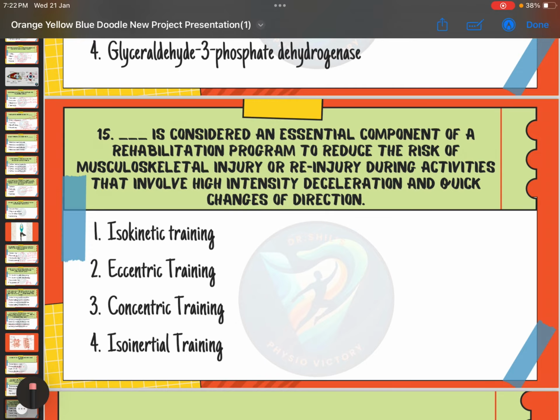Option 1, isokinetic training. Option 2, eccentric training. Option 3, concentric training. Option 4, isoinertial training. Here, the correct answer is option 2,